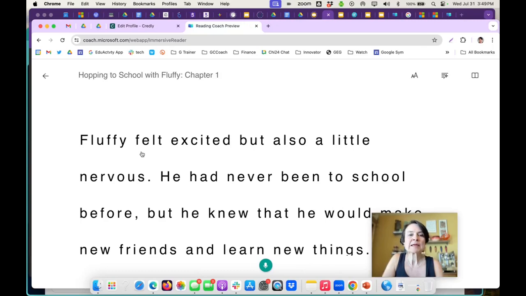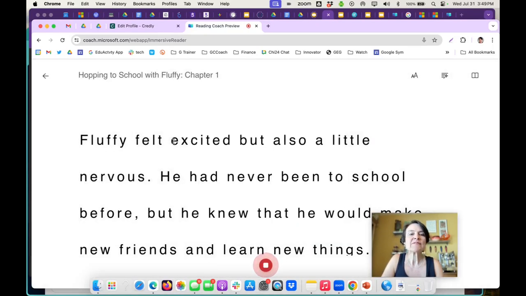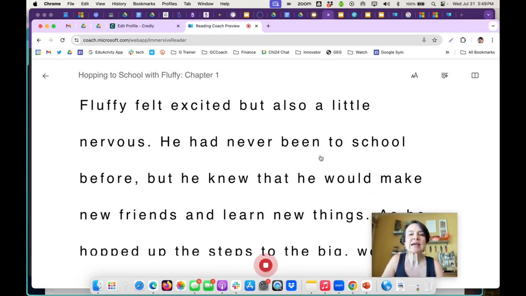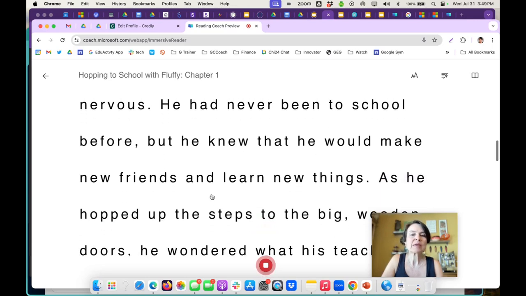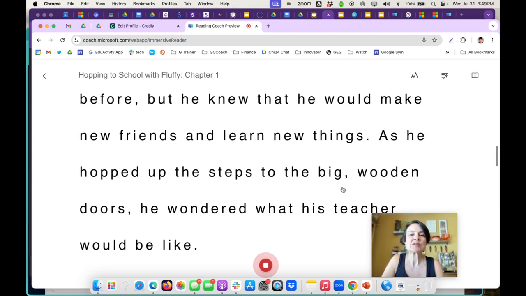Fluffy, I'm going to pick up in the middle. Fluffy felt excited, but also a little nervous. He had never been to shul before, but he knew that he would make new friends. As he hopped up the steps to the big wooden doors, he wondered what his teacher,